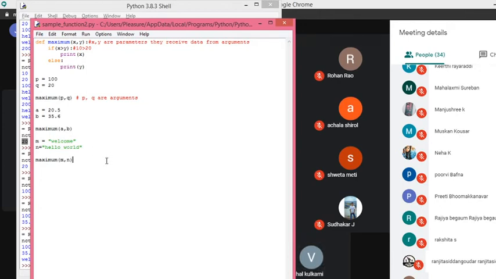If we compare with other programming languages, we need to write different functions: one for integers, one for floating point, one for string type. But that complexity is not there in this language. Did you understand? Now we have taken literal data here, but you can work in this way also.